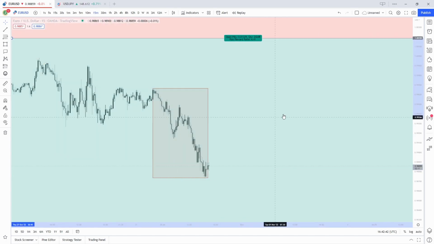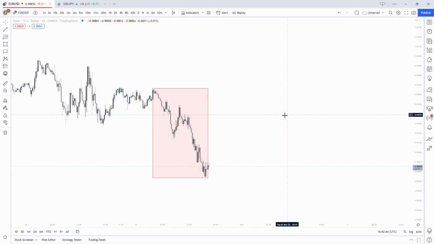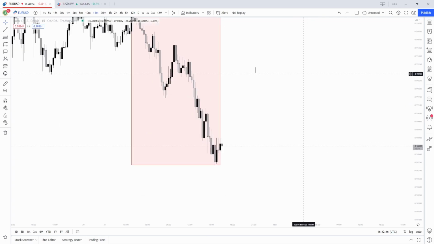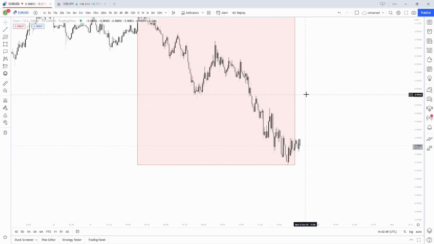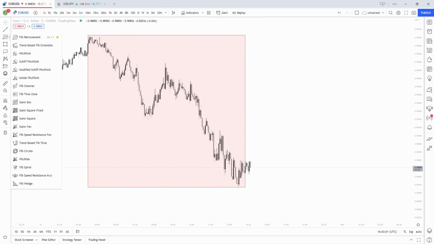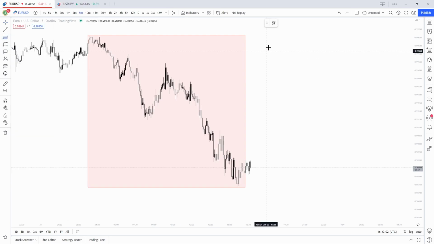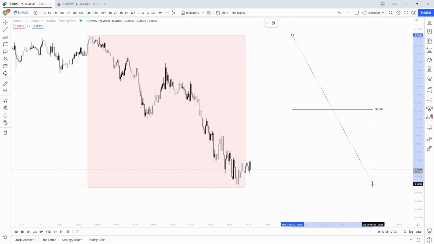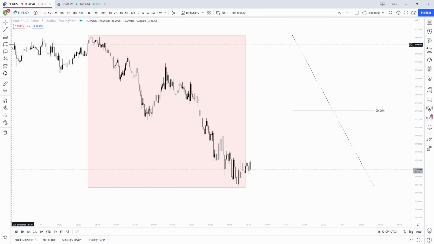We understand that a single impulsive wave lower also represents a downtrend in itself. So we could go lower to represent that downtrend where we've had impulse, correction, impulse. We could say that once price starts breaking to the upside, that is our correction wave. We could then say, all right, well, if price gets to the premium, which it would need to be in the upper 50%, so anywhere above this line, and what we would see potentially is as price starts coming up,